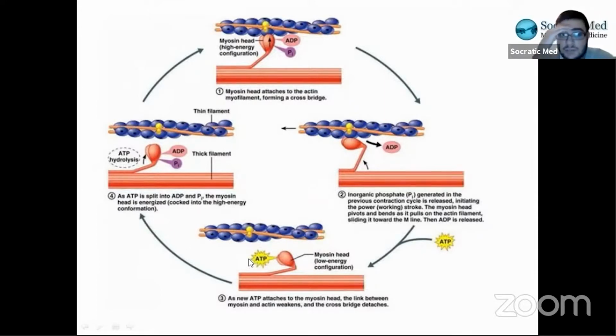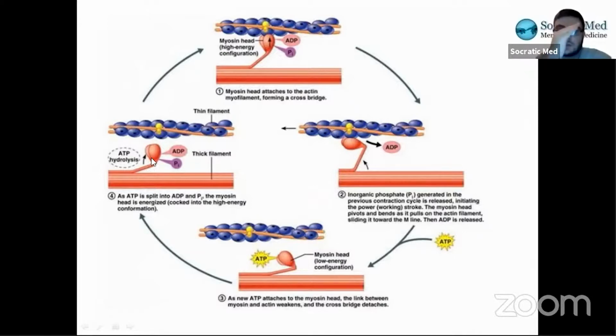ATP hydrolysis is a way to get energy from ATP. ATP itself is not a source of energy. The only way to use ATP as energy is when you hydrolyze it, or break it down. It gets broken down into two components, ADP and inorganic phosphate, Pi, through hydrolysis. That creates energy for the myosin, and then the myosin uses that energy to attach to the actin. It gets cocked, so it's in this inactive state.